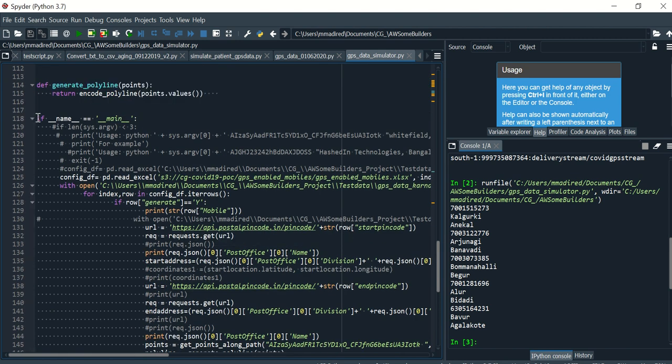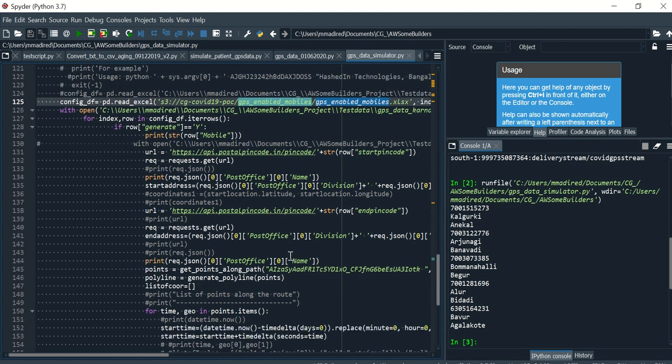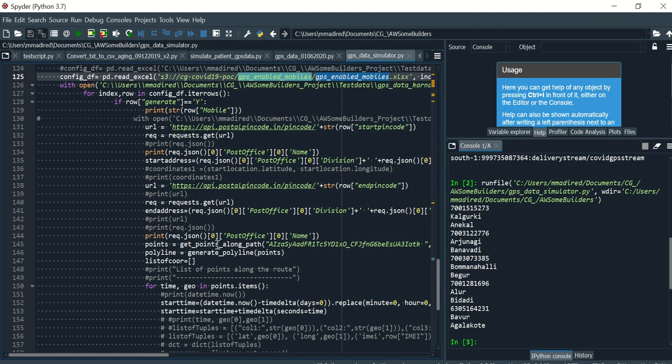This is the main program, which starts from here, and it will read from the configuration file where you configure the patient numbers for which patients we want to generate the GPS data. We will pass the start and end of the pin codes, and this will generate the GPS data using the Google Maps API and the pin code.